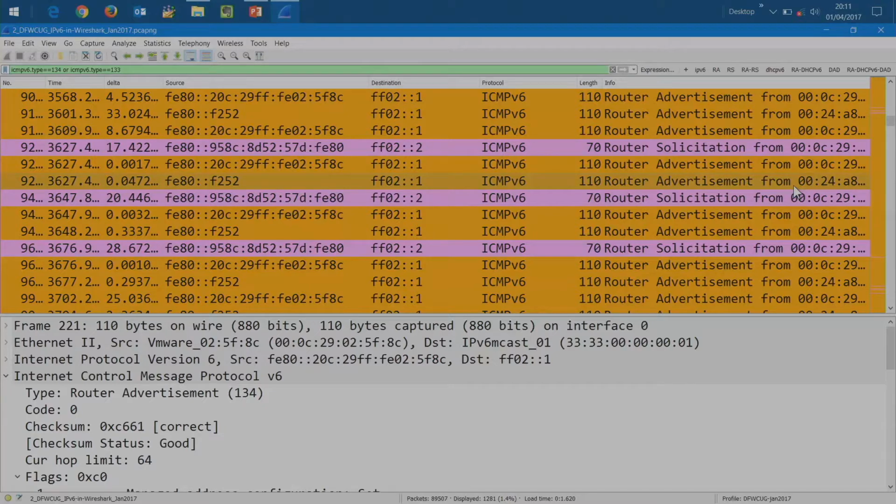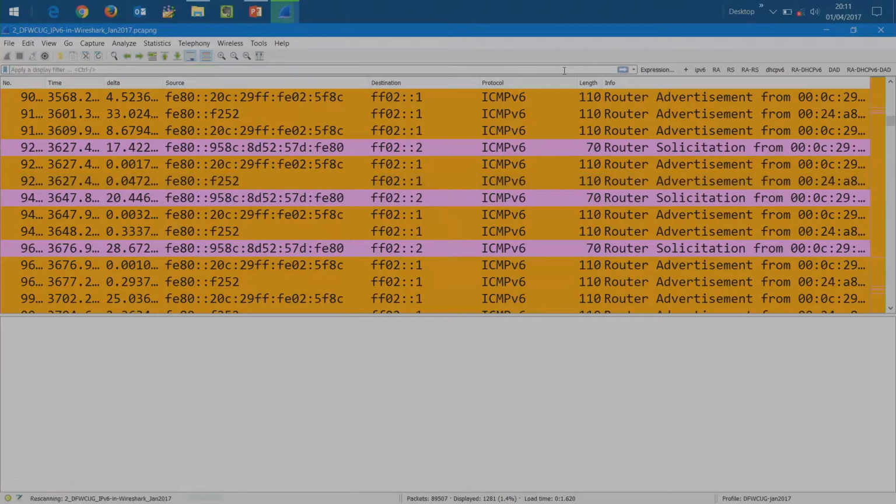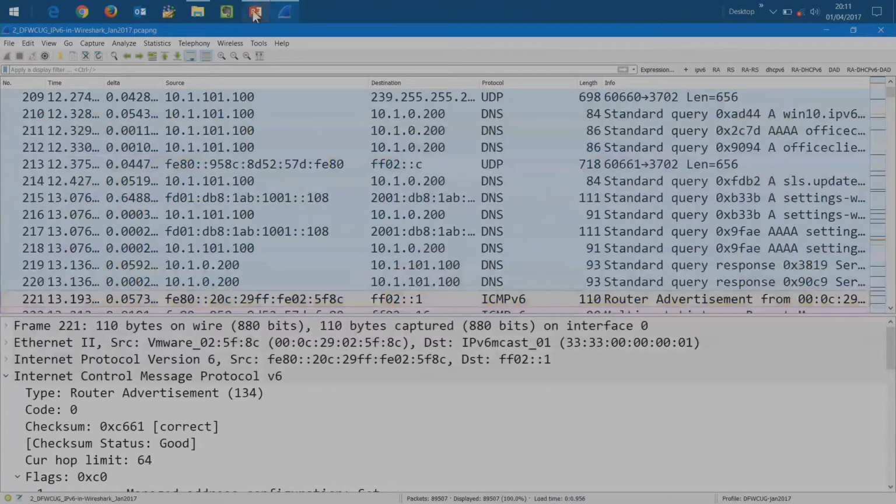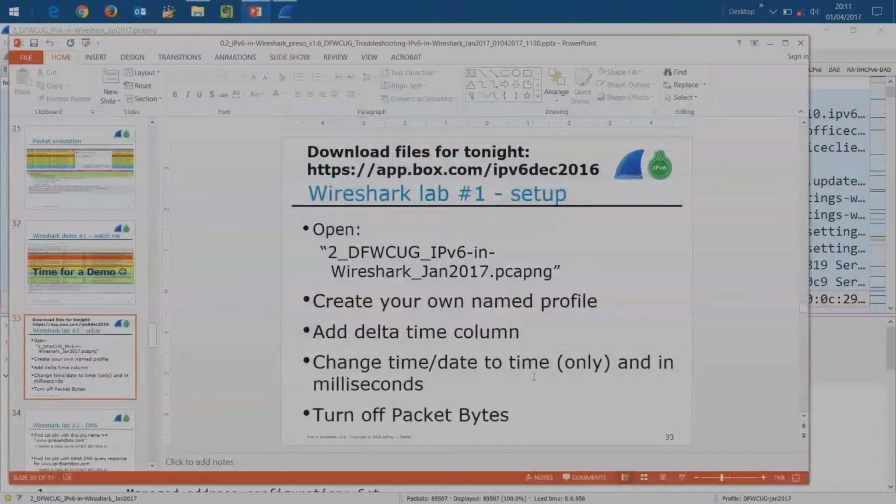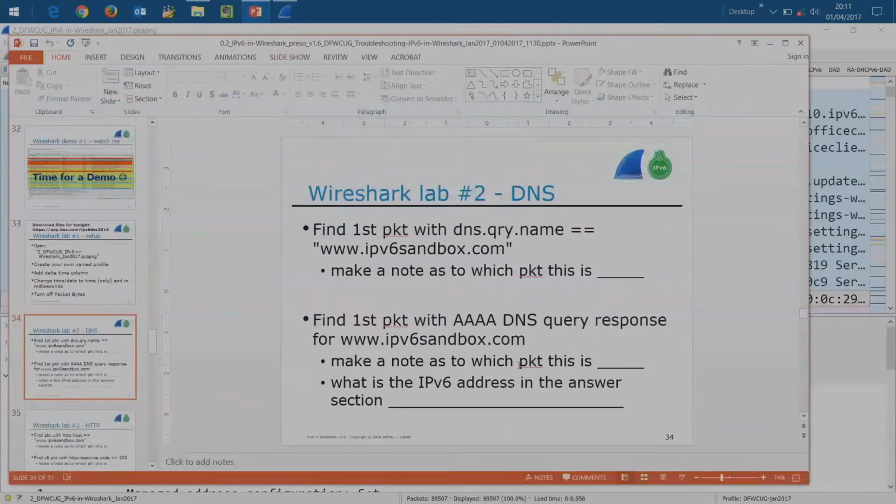Let me back up. I want to run some other tests. So I got a couple little things here. Let me bounce over here to the slide. We built that. I want to just look at some quick DNS type stuff. Because remember in V6, we are looking for a quad A record to do a DNS resolve, not an A record. An A record is that other old, antiquated 4.3 billion address before.